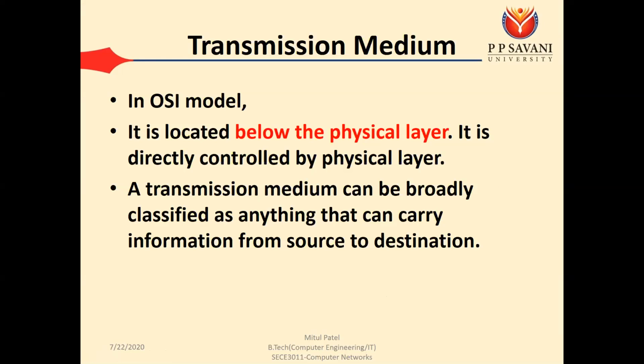Okay. So transmission medium means the path or medium through which our data is transferred, that is known as the transmission medium. Generally, if we talk about wireless communication, air is working as a medium. But often we require a cable, some wired communication. At that time our wire is working as a transmission medium. The definition of transmission medium is anything that can carry information from source to destination. So it can be wired or wireless.